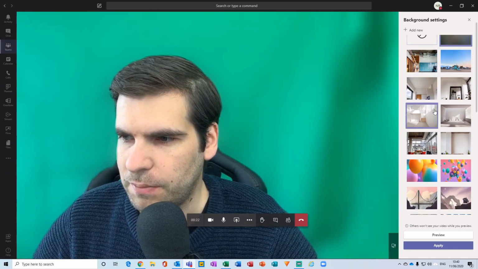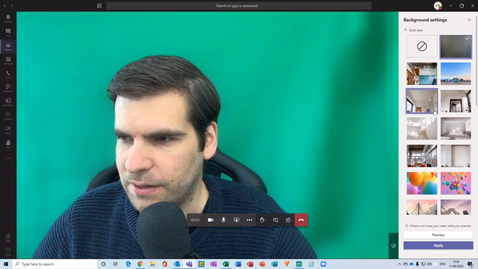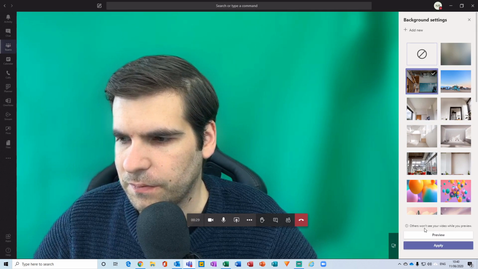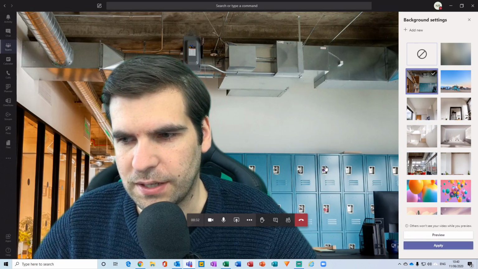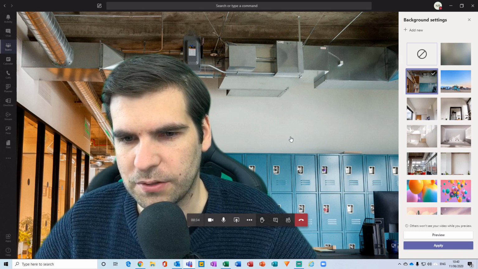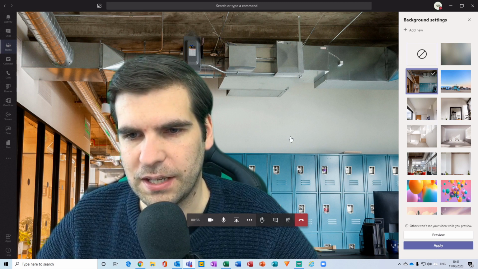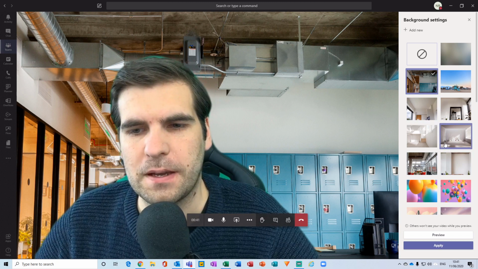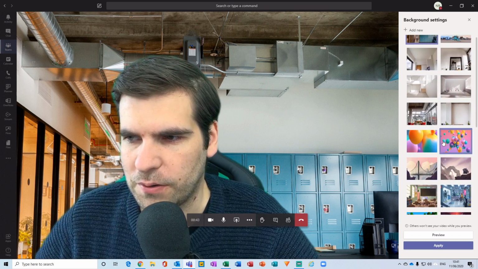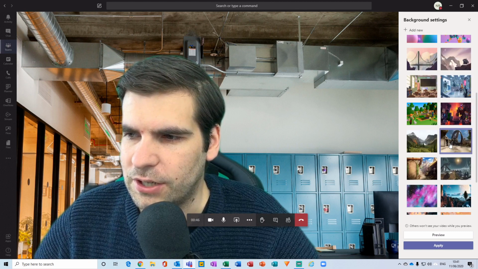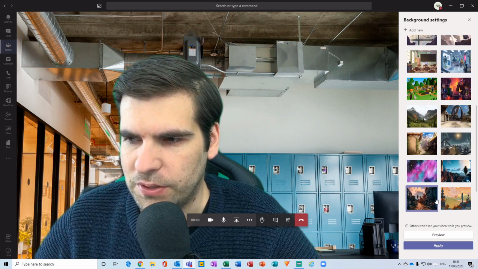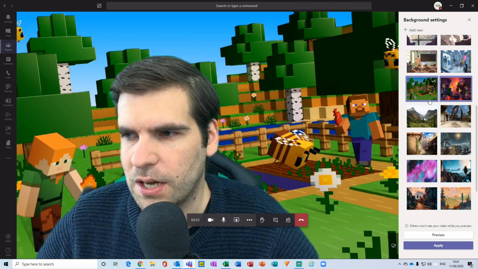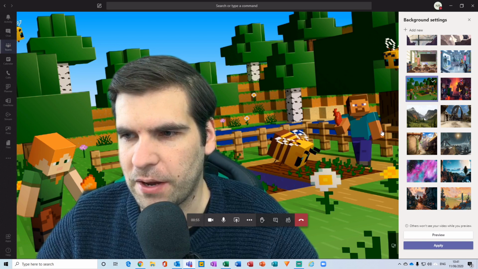Now I also have the ability here to add some various different preset Microsoft Teams backgrounds, just like this here. So this is a custom background that Microsoft Teams have basically enabled automatically within the application. These are the images that are preset by Microsoft Teams. So what we can do is go through these and see which ones you might like and prefer. So for example, because Microsoft owns Minecraft, we could have the Minecraft background if we wanted to,